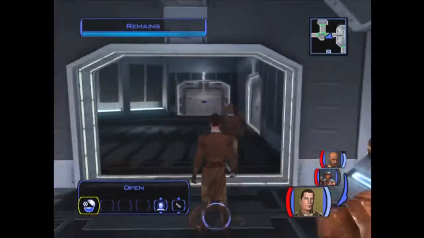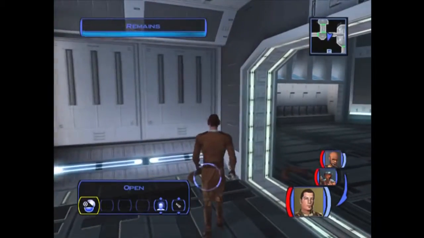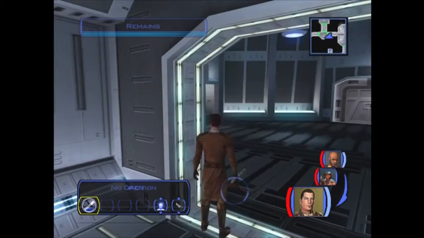But anyway, before we stopped off, we killed some Dark Jedi, so let's take their stuff. Always free. Short lightsaber, it's fine. Energy shield, a Genro crystal. We'll use that later. I think that's a bit better than some of the other